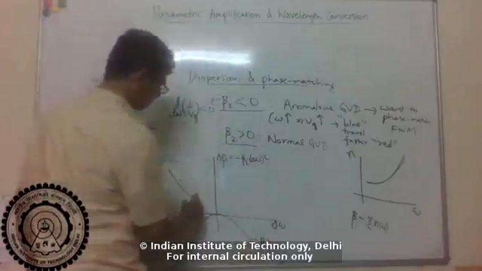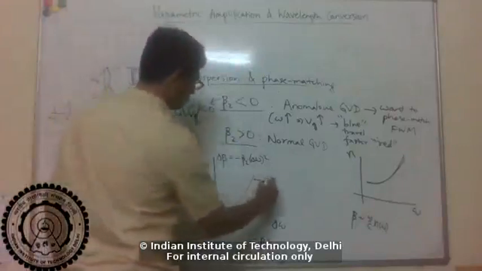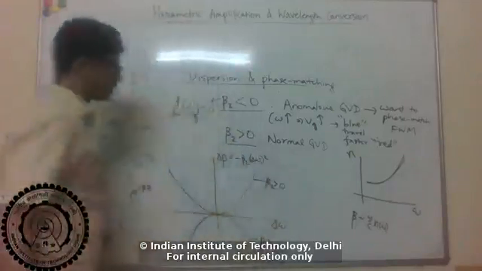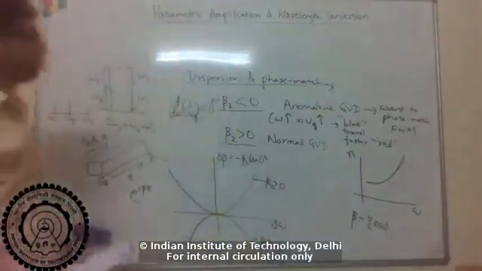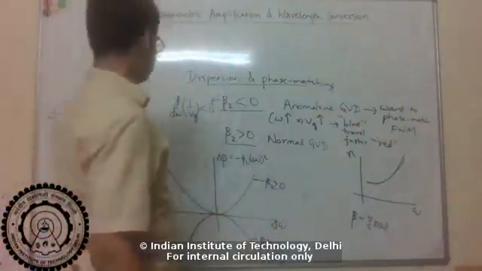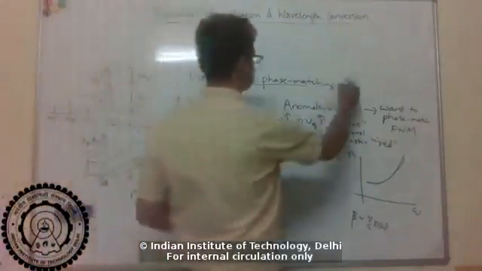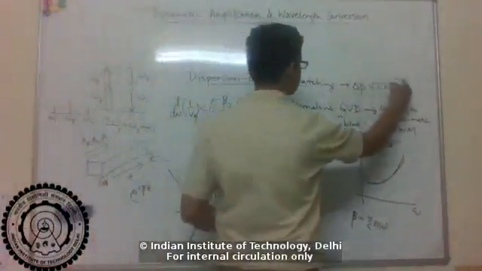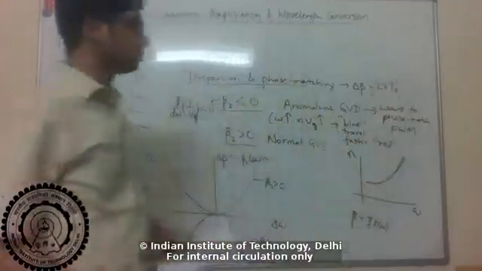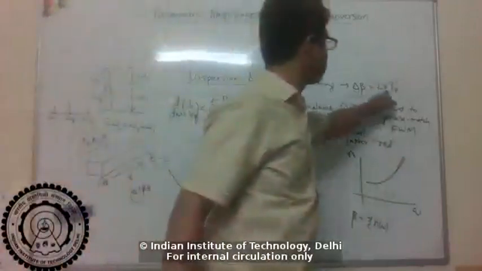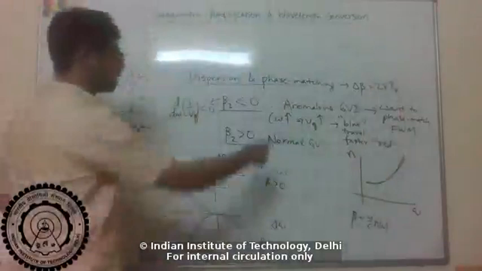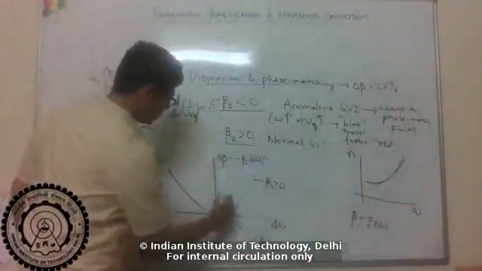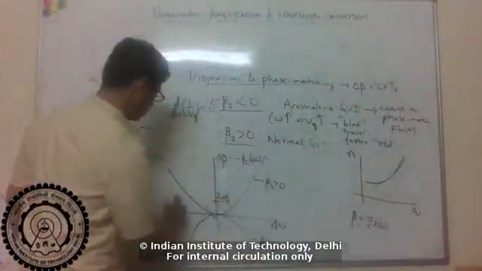Whereas for anomalous dispersion, it's an upward parabola. And for phase matching, again, the condition was that delta beta I need to match with the nonlinear 2 gamma p. So 2 gamma p is a positive number. So if I indicate 2 gamma p here somewhere,